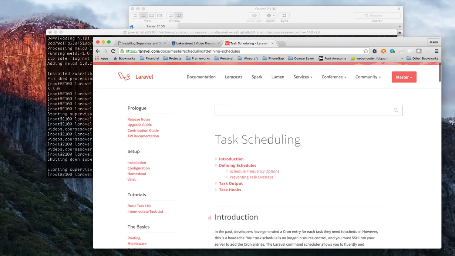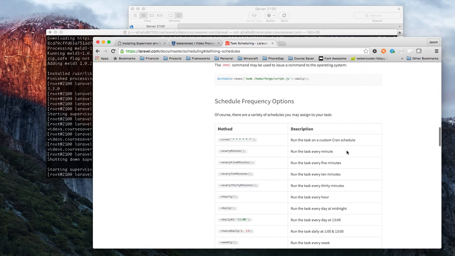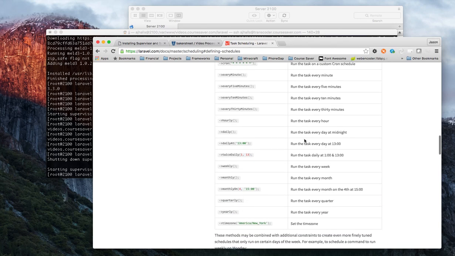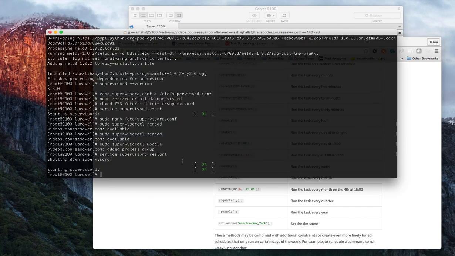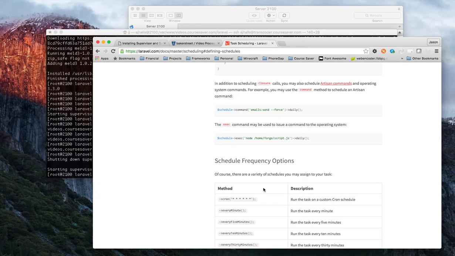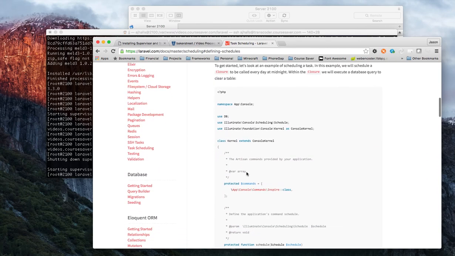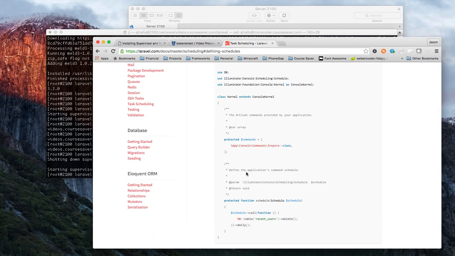So Laravel has task scheduling, and what this does is it actually runs Laravel commands according to a schedule. For example, every minute, every 5 minutes, every day, every month. But in order to set that up, I have several commands set up in the Laravel application that depend on a cron job to run them. Now, rather than doing a cron entry for every single command that I want to have run and every single schedule, Laravel makes it pretty easy by allowing me to define the schedule within the Laravel kernel, and then I